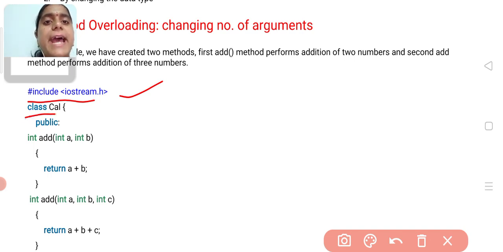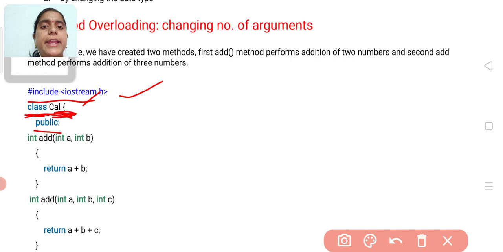In this I have declared one class, that is Calculation. To create a class, first we need the class keyword followed by the class name. Here I have taken the public access specifier. If we declare any method or attribute as public, then any class, any child class can use these attributes and methods.